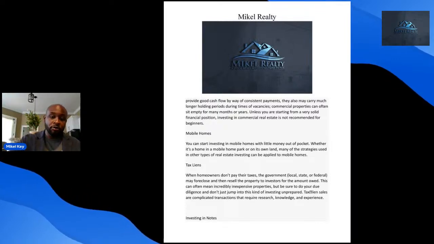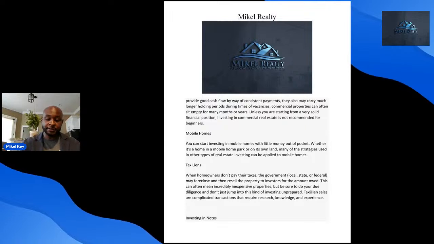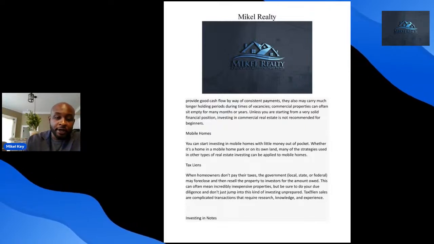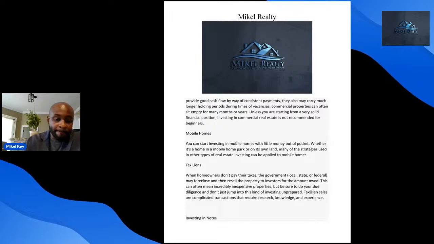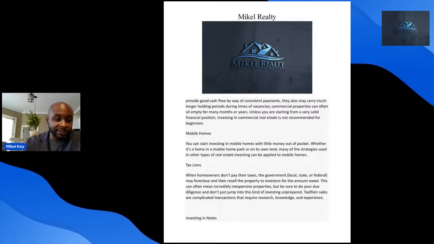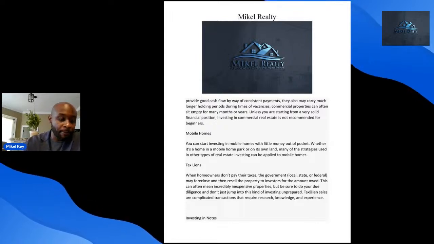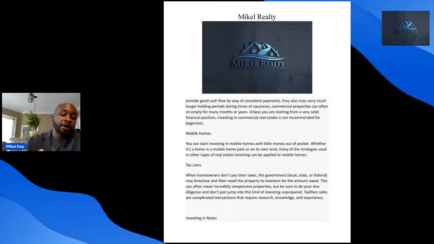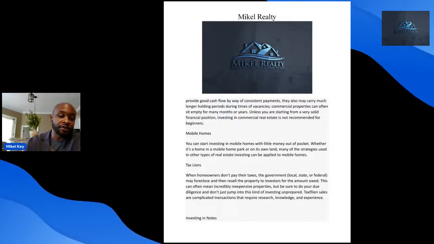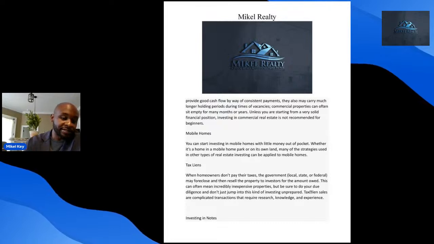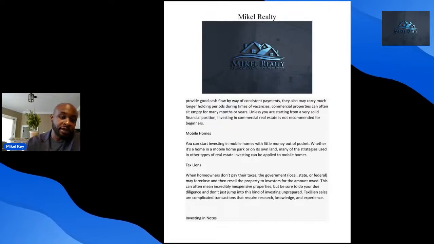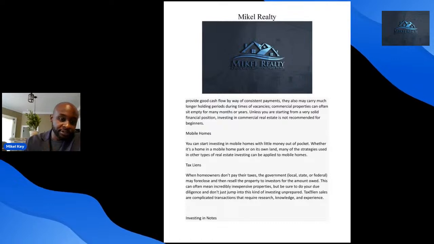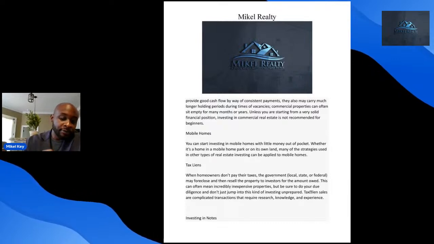Now, tax liens. So tax liens are very tricky, but you can go to your local tax sale at the end of the year and you can bid on properties. And if you win, you pay it. Then typically it takes about 4 to 5 years of you consistently paying taxes for that property to revert in your name. Just keep in mind that you should do your proper due diligence, and have a good title attorney that you deal with,